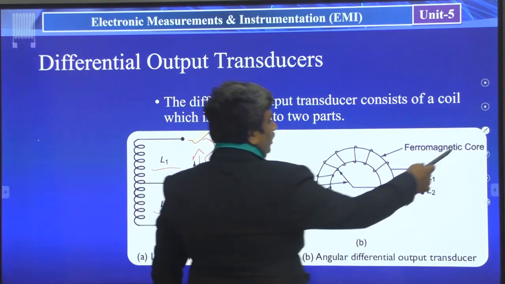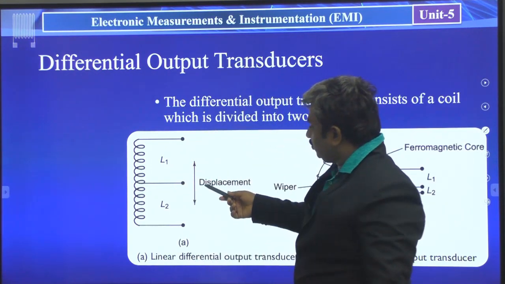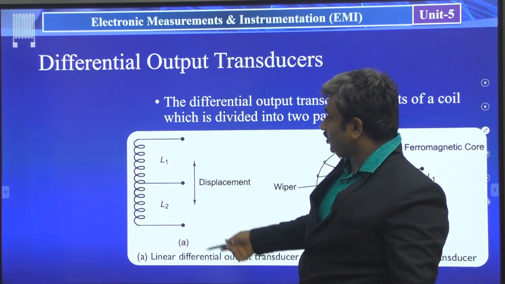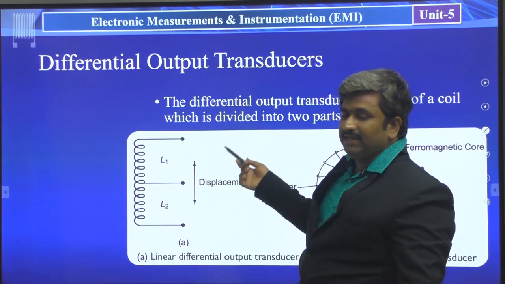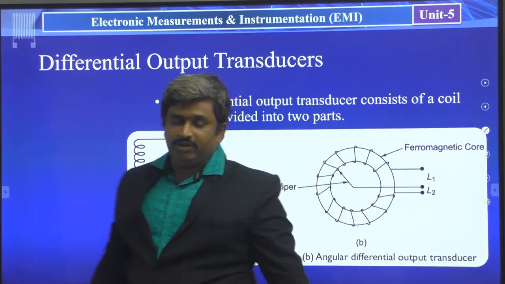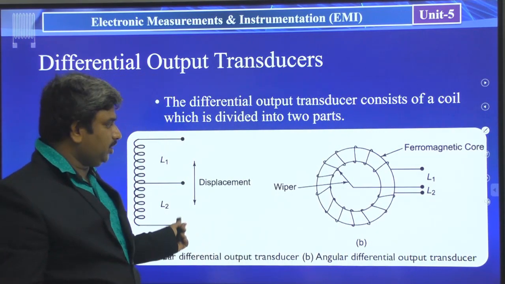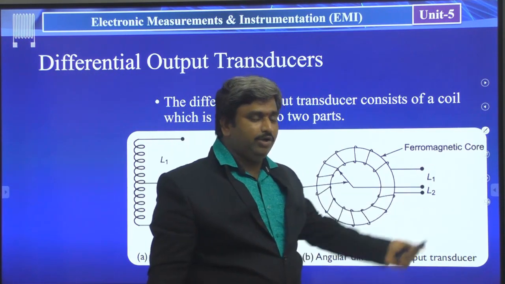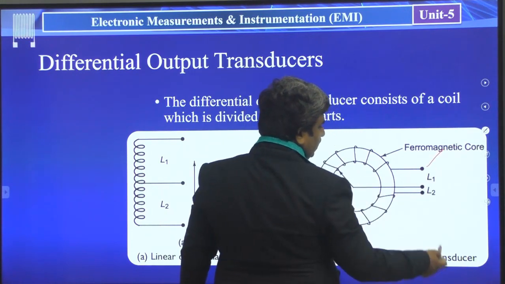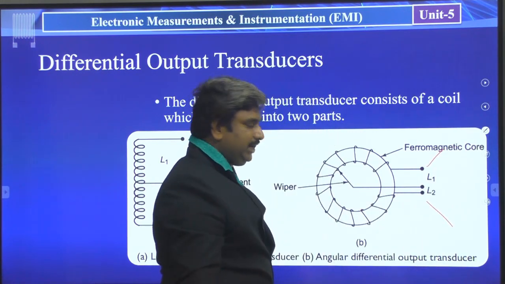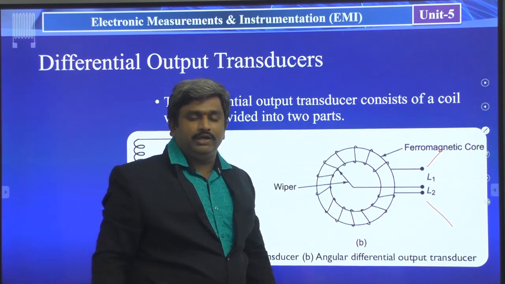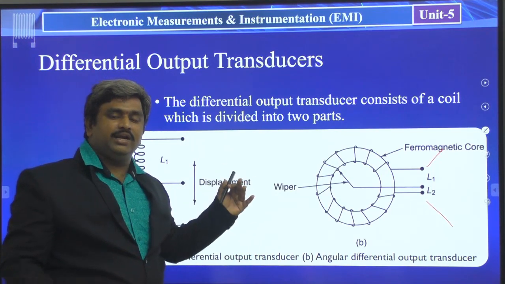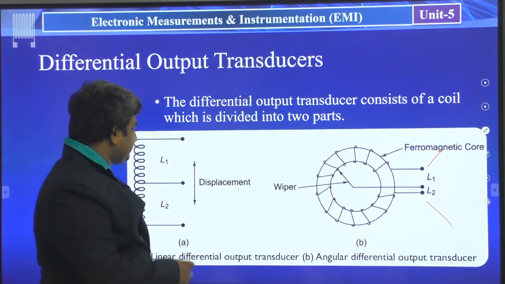That is completely based on our requirement. So when the rod is displaced in the upward or the downward direction, the windings become less and high, inversely proportional to the displacement of that rod. In the same way, here also you can observe the L1 winding and L2 winding. One terminal is the output at the L1 side and one terminal at the L2 side. The middle terminal, based on its position, divides the flux production at the L1 side and L2 side differently. If you place it exactly at the center,